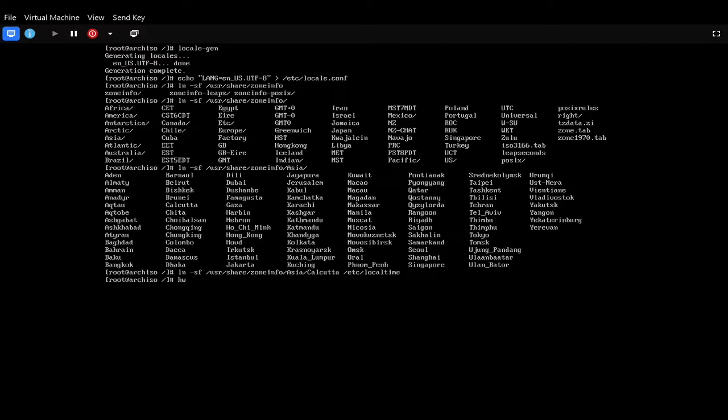Then type hwclock --systohc --utc and check the date. As you can see here that we have set up our time zone, the date is correct. Now we need to create the host name for your computer, and this is used for networking purposes to